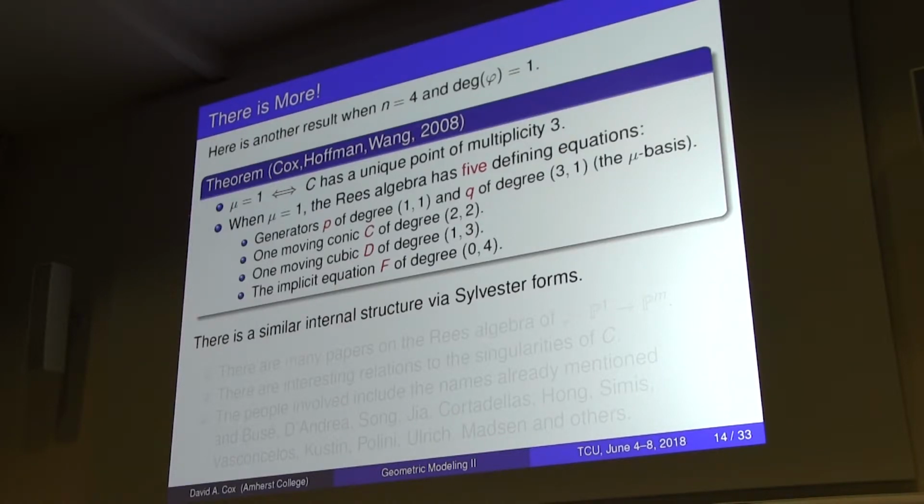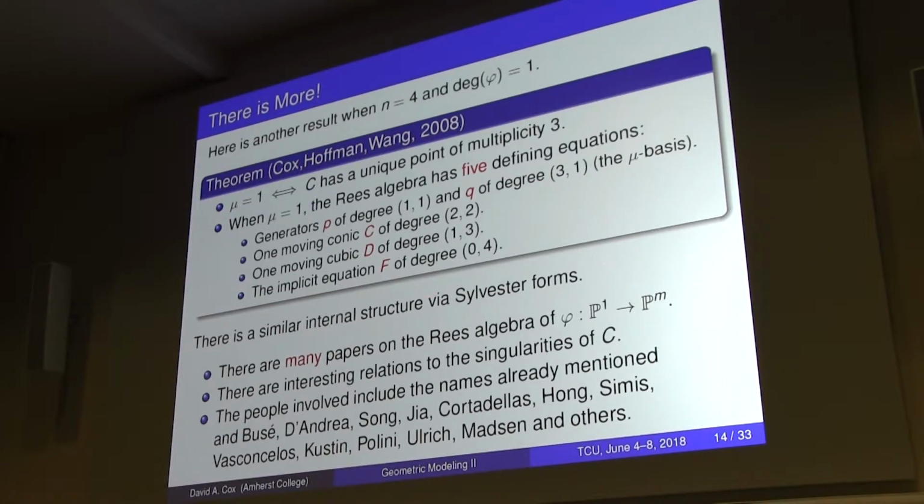So here's another one of the results. This is a paper I did with Bill Hoffman and Hao Wang. Again, it was classically known for a long time that when mu is 1, that's if and only if it has a unique point of multiplicity 3. And then in this case, there are, again, 5 defining equations, so 5 minimal generators for the kernel. And it turns out that, since mu is 1, you get 1 and 3 for the degrees of the mu basis. Then you get only one moving conic, then you get a moving cubic, and then you get the implicit equation. So it's a slightly different constellation of minimal generators,